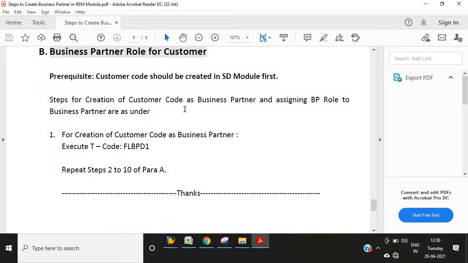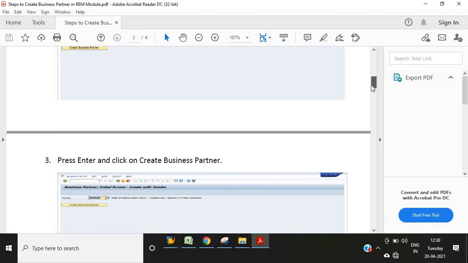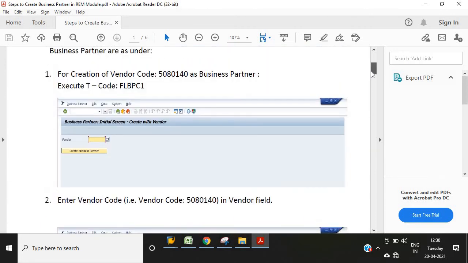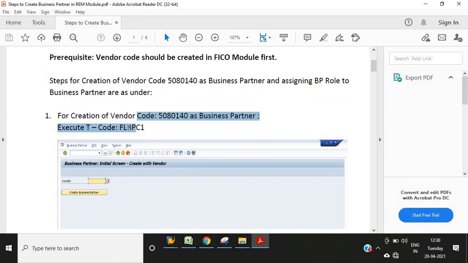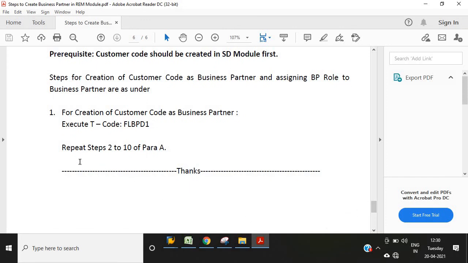For creation of the customer code as a business partner, you have to execute the transaction code FLBPD1, and for the vendor code as a business partner, FLBPC1 is the transaction code. Then repeat steps 2 to 10 of part A.